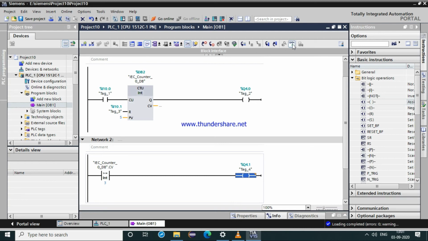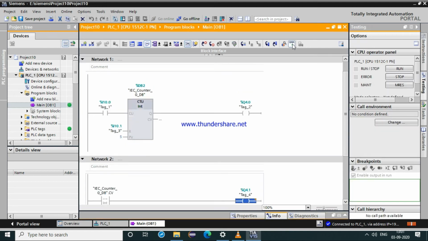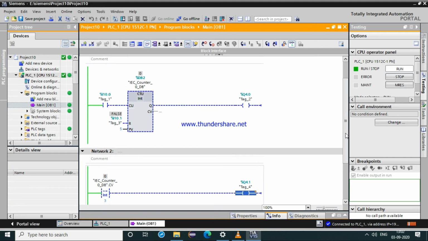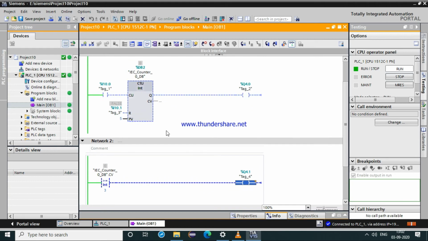And monitoring on. Now we will see the operation, how exactly it performs. This will be your CV, that is, the current value will get stored in your CV, and the tag of CV we will be giving to the comparator, and the comparator will be showing us the output as it reaches the count of 3.